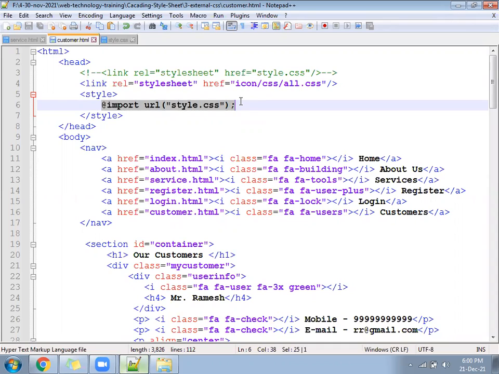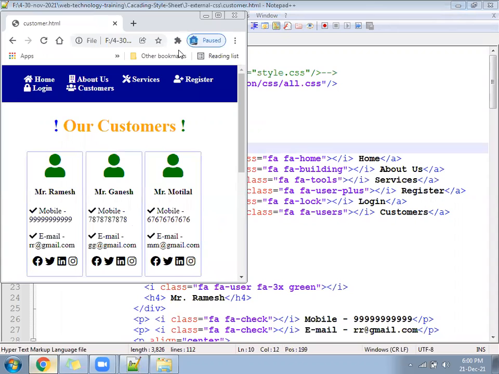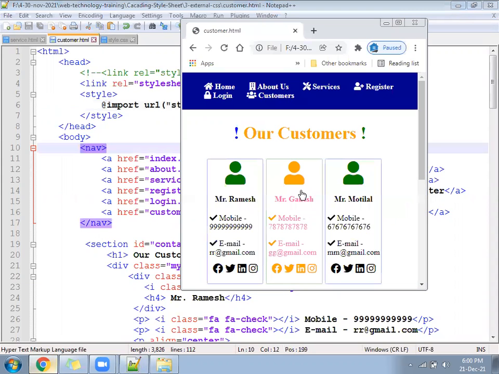Okay, fine. Next we will enter some more parts of CSS, that is, how to create a responsive page. Suppose this page we have as of now, if anyone opens it on a mobile phone, see how it got compressed. You saw that? It looks completely mixed up. It should not be like this. In a mobile phone, only one user should come in one line, the second user should go to the next line, and the third user to the next line. The menu should not overlap each other; the menu should also go to a new line.